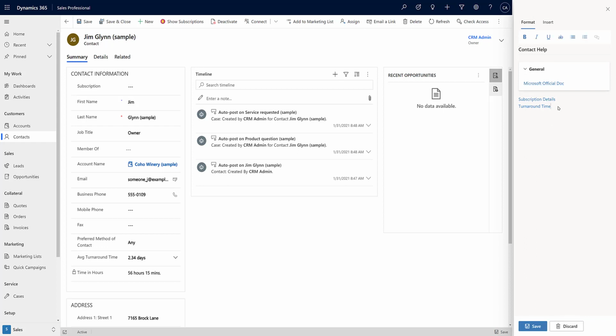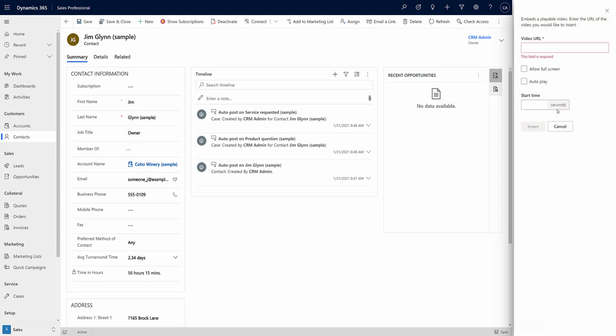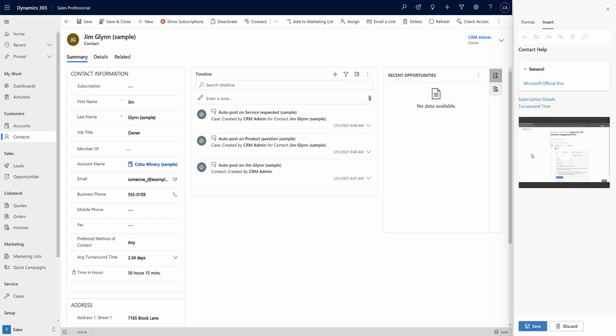Now the next thing that I add after this is a video. So I go to the insert and I click on video. I want to allow full screen for the video. I've just taken a sample from my own YouTube video and I'll just allow full screen. I don't want to enter any start time or autoplay for now. So I'll just click on insert.